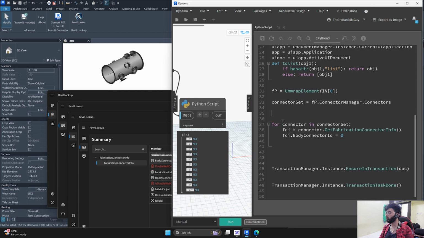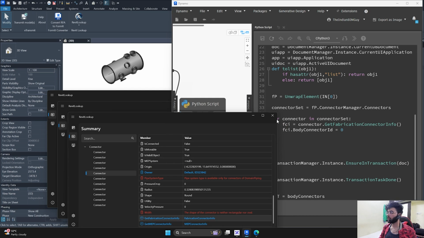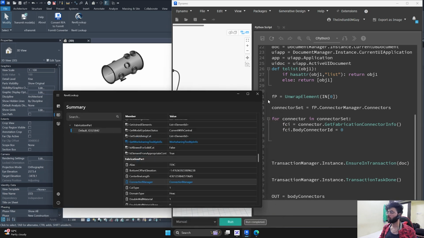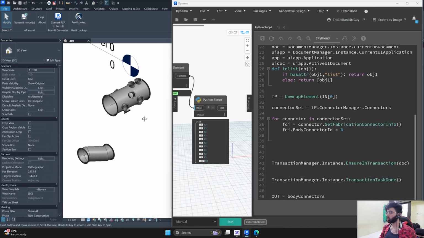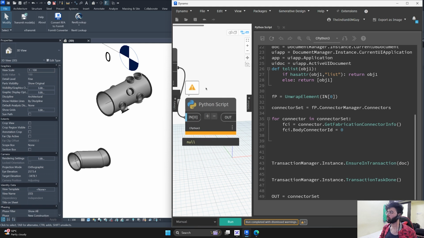But now you will actually be able to see the difference the moment I hit done. All right, let me close all of this first and I'll hit run. Okay, so the moment I hit run, first of all, there's no list called connectors. Let's hit run. Here we go. We got a proper